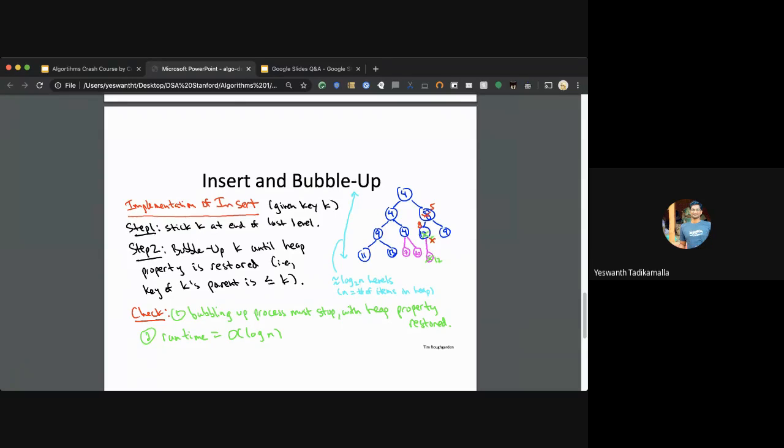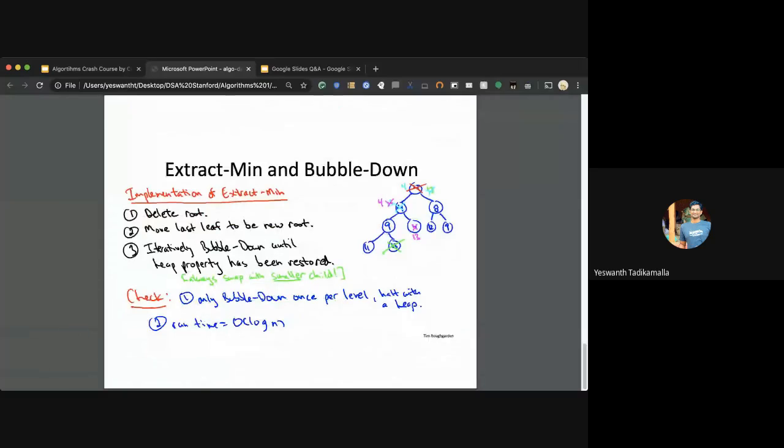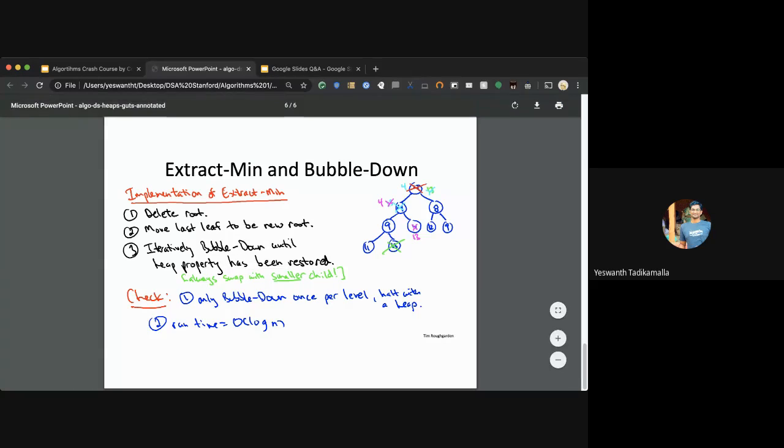To maintain the heap property, we either bubble up the elements or bubble down the elements. Similarly for deleting the topmost node, both removing and inserting take order of log n.